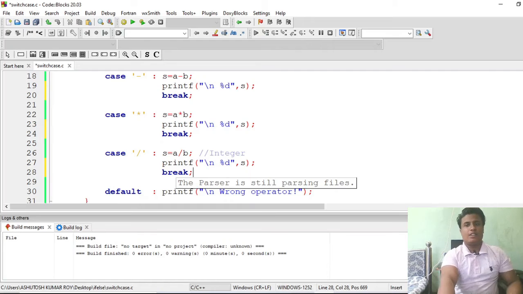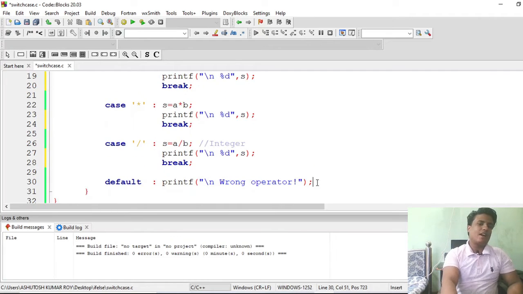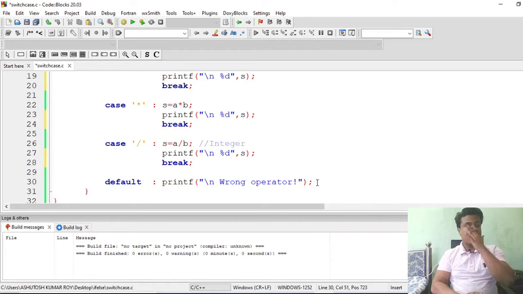So it is not mandatory to put a break statement after the default case, because if all the cases are wrong, then the default case will be operated and it will come out of the switch. But I have told you in the last lecture that the default case can be put anywhere in the switch block.